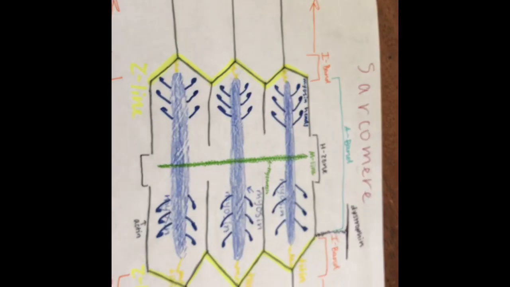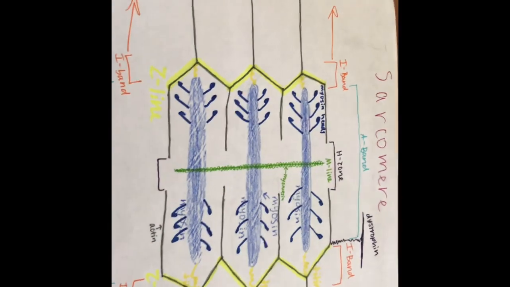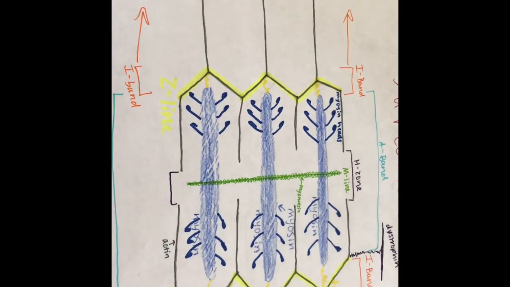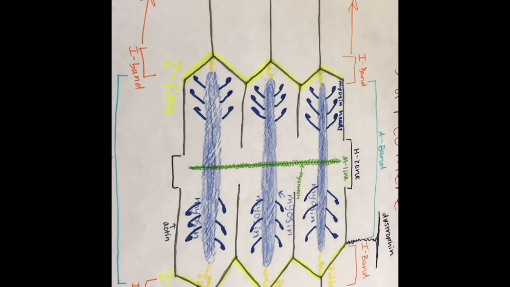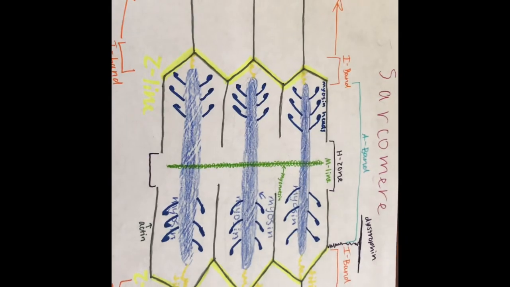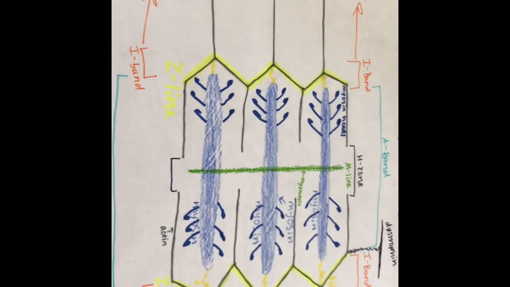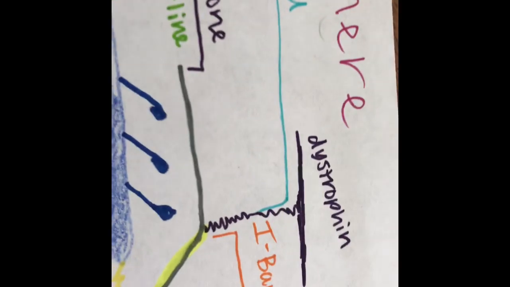The H zone is the middle region of a sarcomere that contains only thick myosin filaments. And the M line is the very center of a sarcomere and is made up of myomesin. And myomesin is an end-line protein that makes up the M line, and its main job is to stabilize and align the structure of the sarcomere. Up here is dystrophin, and